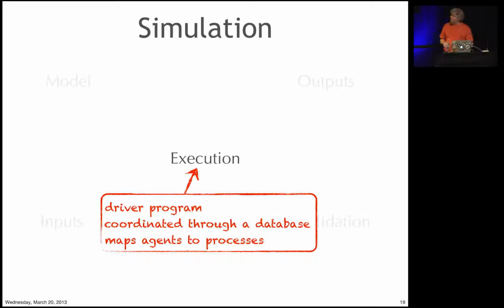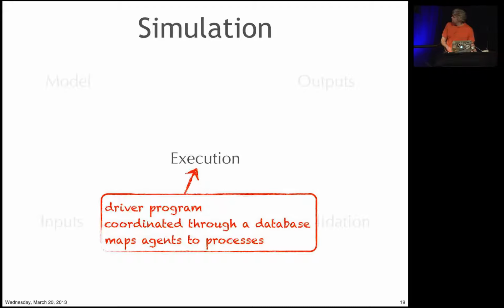And that driver program is itself going to be coordinated through a database, because databases have nice coordination mechanisms. And it's going to be responsible for mapping the agents onto processes. Every aspect of this aspires to work at different scales. So in the small, that mapping of agents to processes could be really degenerate. In fact, I'm going to work through an example at the REPL where all of the agents get mapped to one process. But the idea here is that you could scale this up hugely and have the agents spread across